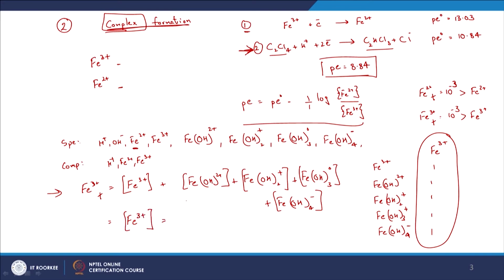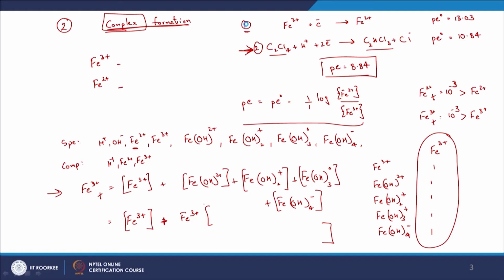So I can express this in terms of the beta values again, Fe3+ into what now, how do I write the relevant equations here? Again we need to look at the relevant complex formation equations. I believe we looked at beta star values, wherein we look at one step and the protonated ligand. Let us just have a look at one complex formation. Let us choose one of these, Fe(OH)2+